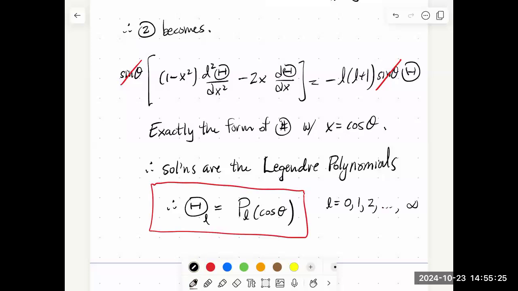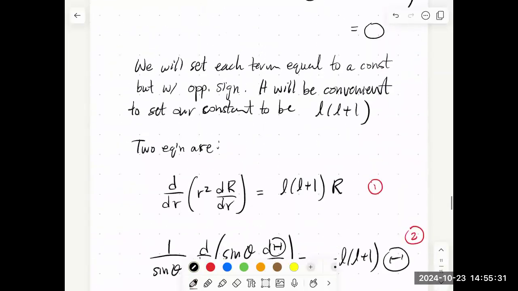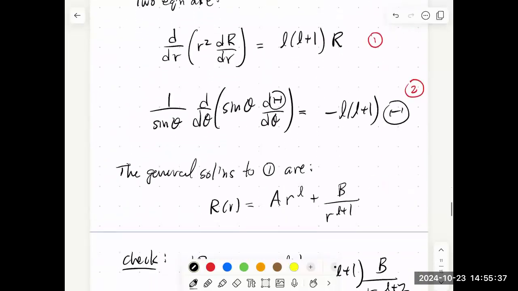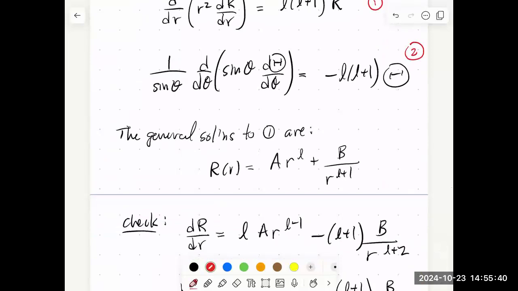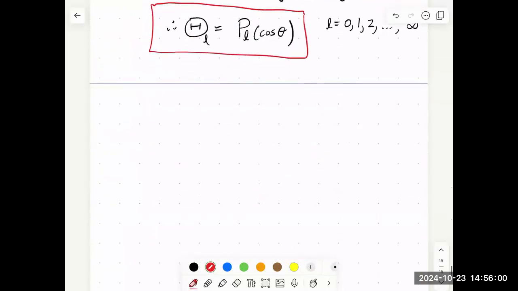Okay. So now we have the solutions for our capital theta, and we have the solutions for, where did it go? For capital R. So we should put those in a box maybe. And we know that our potential is going to be the product of those two. And in fact, for any value of L, we can add different products together and make the superposition. And so the general solution for